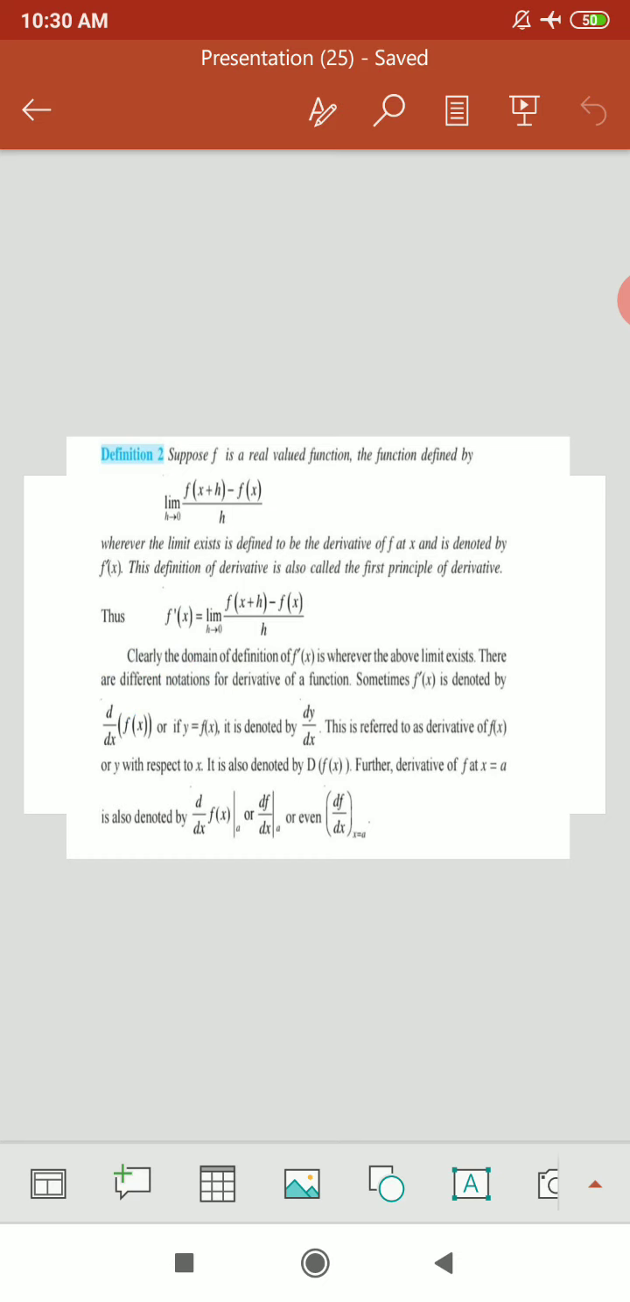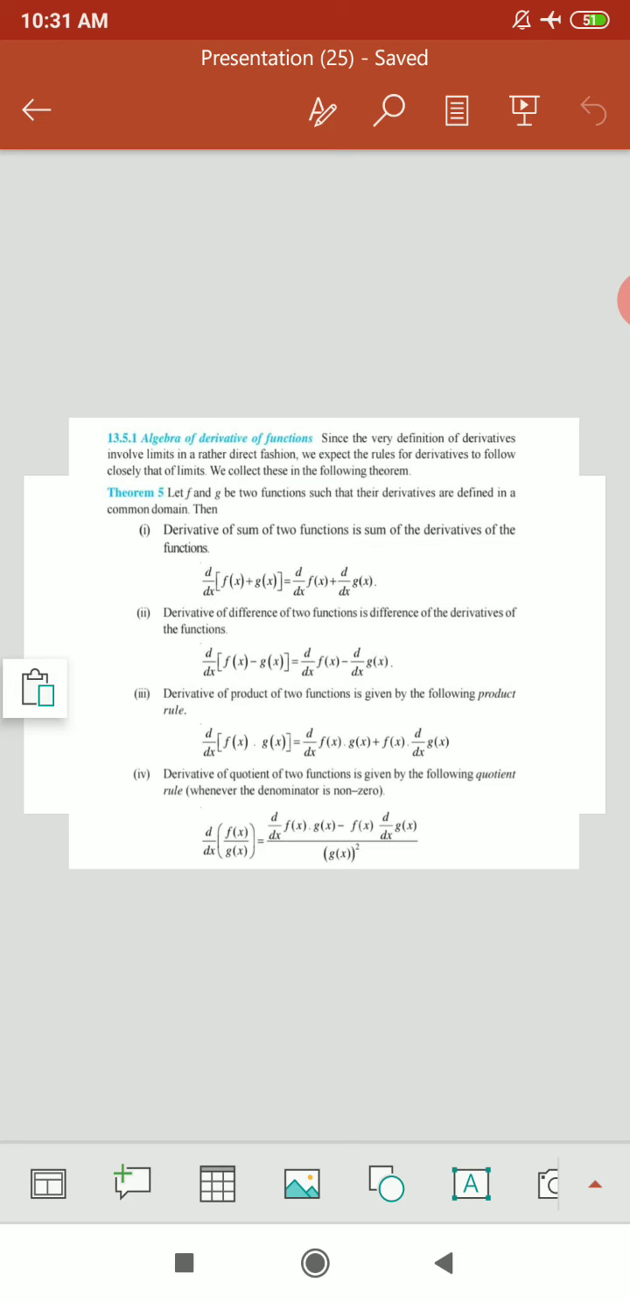There are different notations for derivative of a function. Sometimes f dash of x is denoted by d by dx of f of x, or if y equal to f of x, it is denoted by dy by dx. This is referred to as the derivative of f of x or y with respect to x. It is also denoted by d of f of x. For the derivative of f at x equal to a is also denoted by dy by dx of f of x at a, or dy by dx at a, or df by dx at x equal to a. Okay,